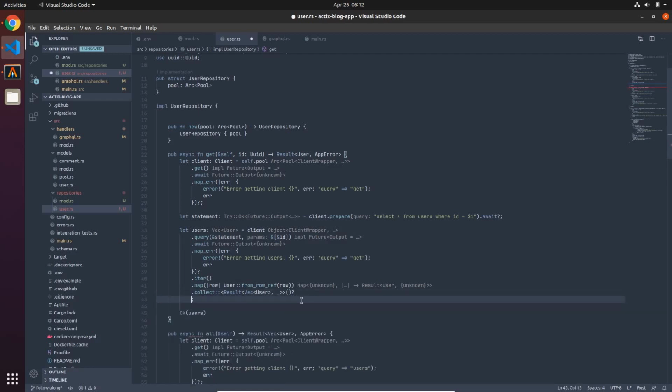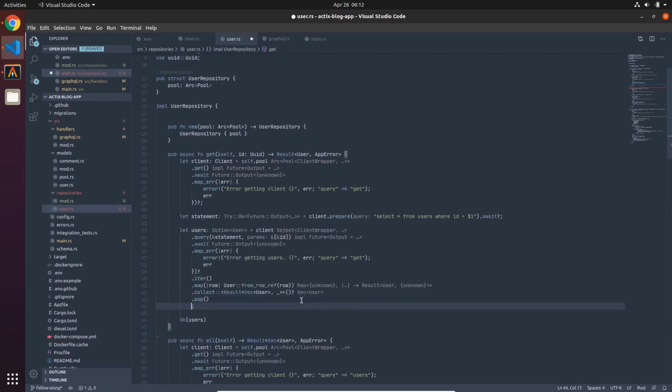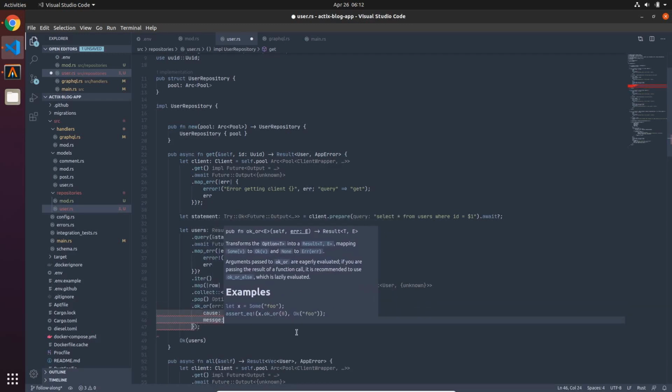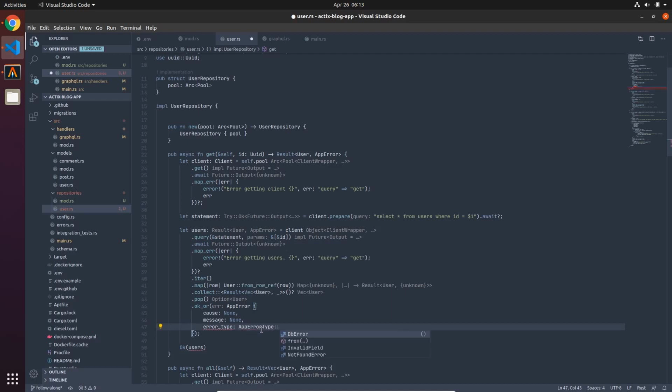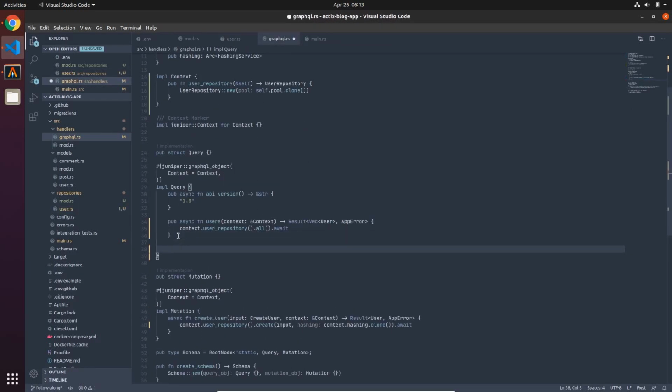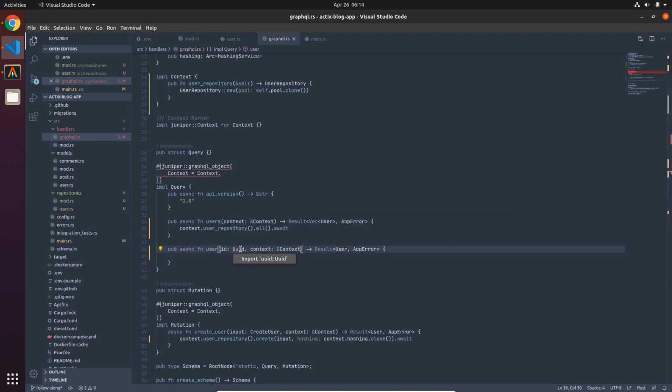Let's try to get the first one using pop. Let's convert the optional to a result, and if there is nothing, I will return an app error. Now, back to the GraphQL handler. In the root query, I can create a new public async function, user, that will receive the ID of the user and the context, and it will return the user or an app error. In here, same as above,